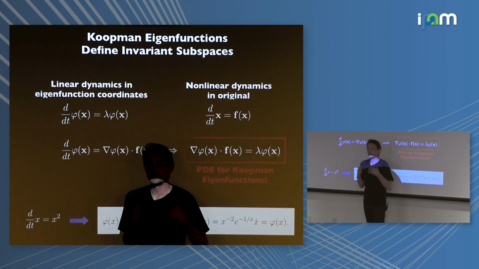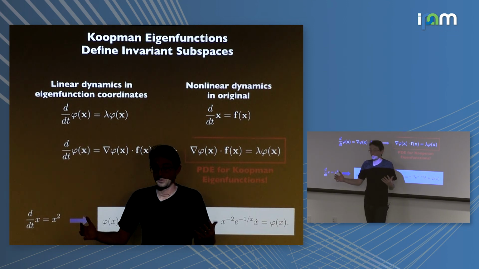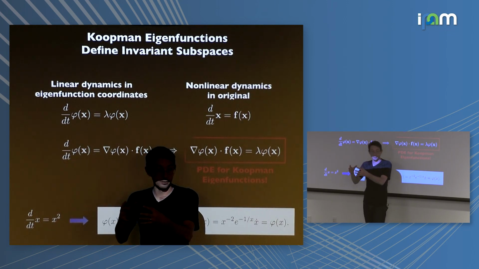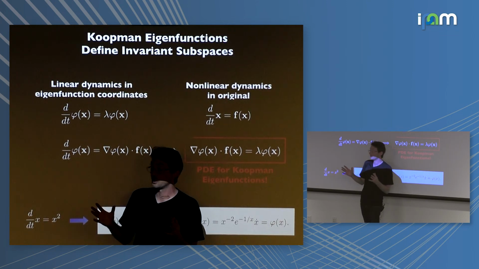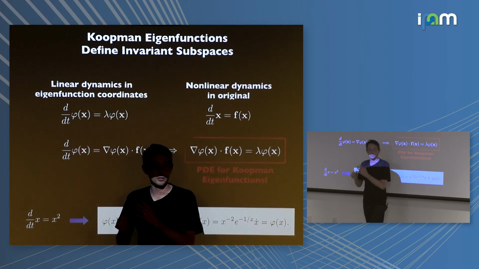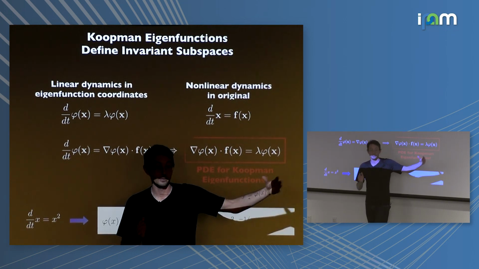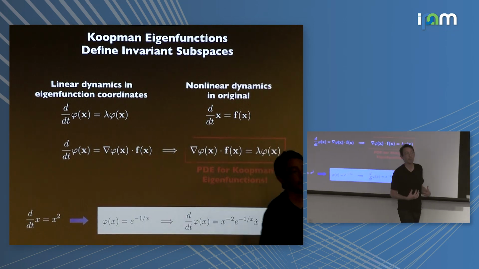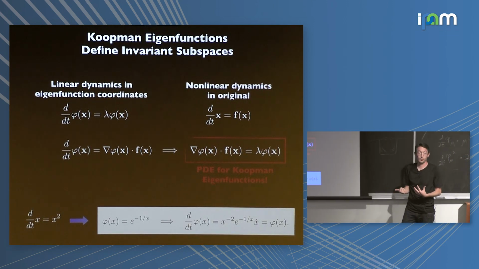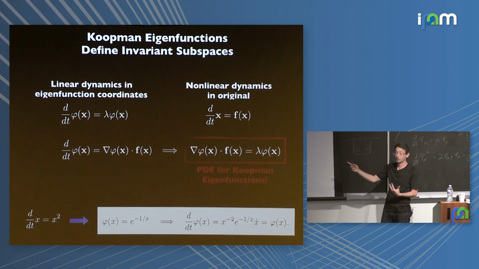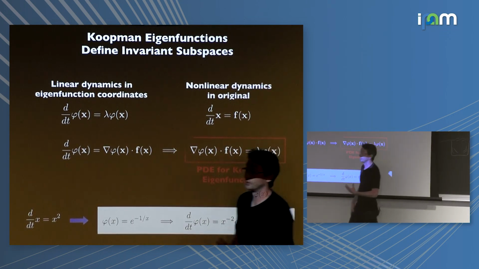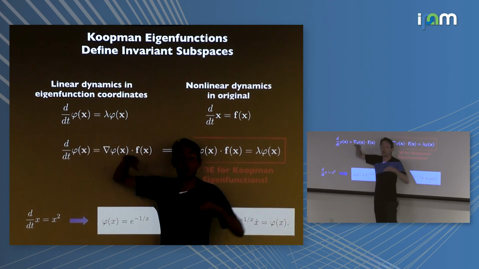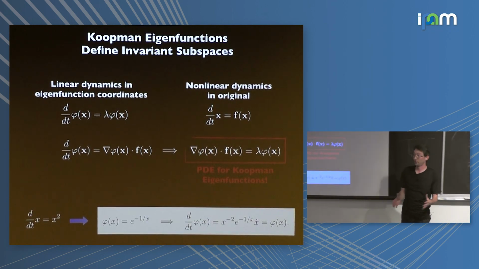Finding phi is an offline computation. Google doesn't care how much it costs to find a better model that's 2% better. It might spend months on 100,000 GPUs to do it, almost infinite computation. But once it's found that, it can use it forever after and just rake in the benefits. That's how I think of Koopman operator theory. It's an extremely expensive one-time upfront cost to find phi. It's probably harder than anything you've ever done with that differential equation in the first place. It's like the hardest thing you can do with this differential equation in some cases is finding these coordinate transformations. But once you find them, everything becomes easy afterwards.